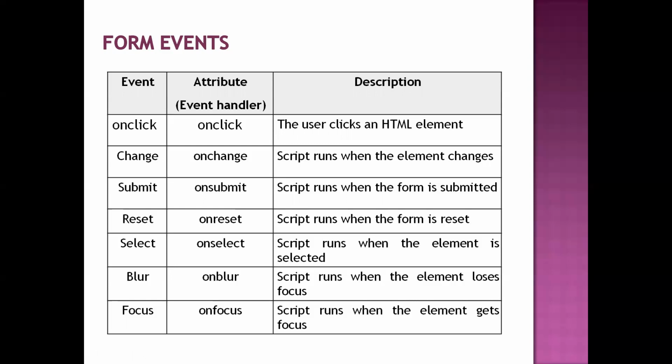Similarly, we'll see a reset button also on the form, right? Whenever you click on the reset button, the onreset event will be generated at the back. Because of this event, whatever action you have specified for that event will get executed. Suppose you write code for clearing all the contents of the form, automatically all those contents will be cleared, right? Now the next one is select. The onselect event will be generated whenever you select options from the select box or drop-down box.